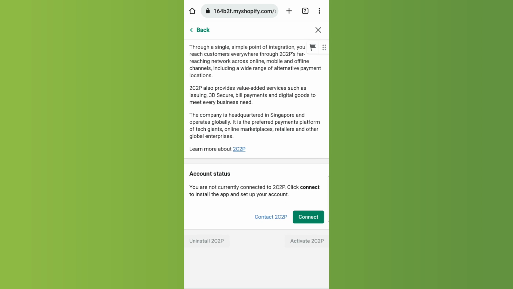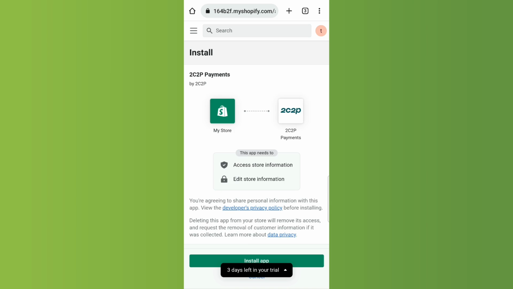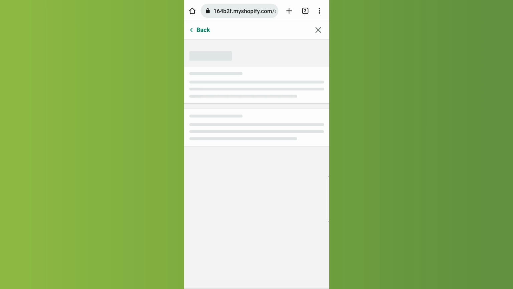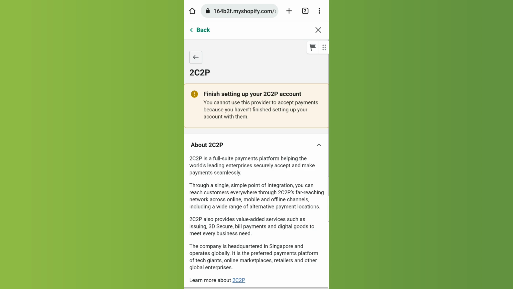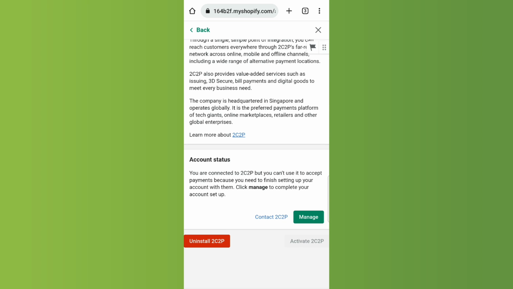Let's scroll down and click on connect to install the app in our Shopify store. Click on install app and then wait for it to be installed. And once the app has been installed, scroll down and click on manage from the account status, because the app is installed but it's not yet